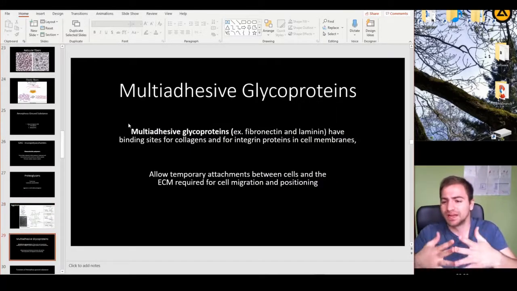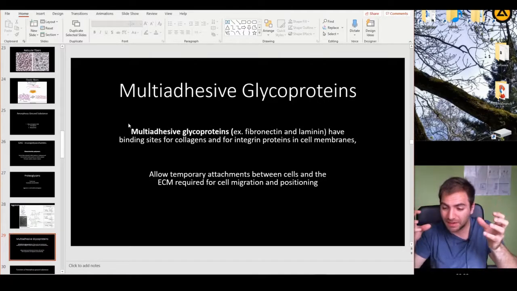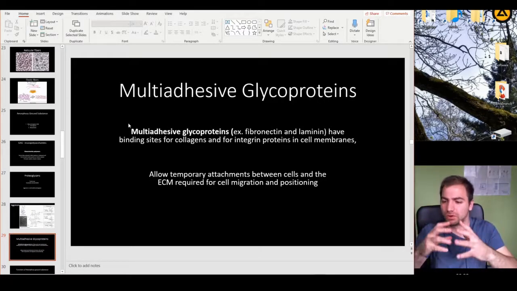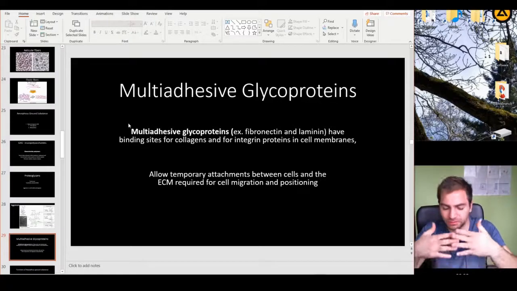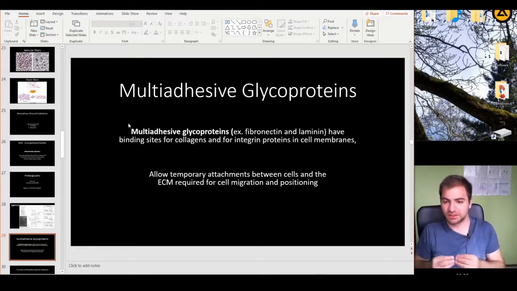Lastly, we have the multiadhesive glycoproteins. What is the function of multiadhesive glycoproteins? Well, as the name suggests, multiadhesive, this is a glycoprotein that allows the many bindings and many adhesions between different molecules. What is the point? Well, the point is that because they connect cells to structures and structures to structures, typically cells to structures, this